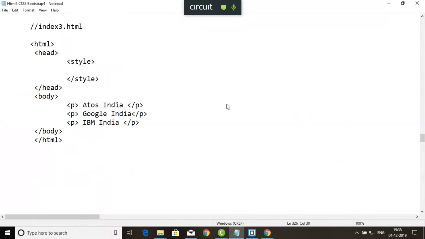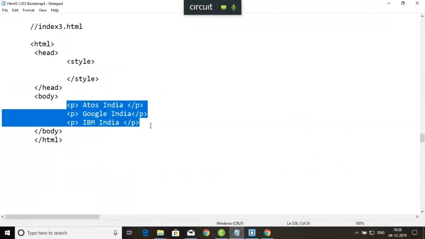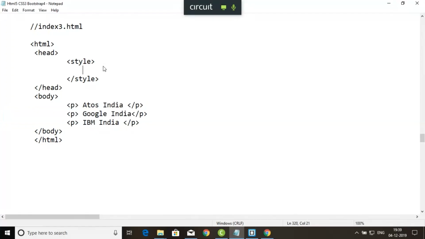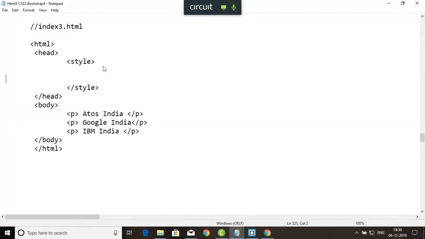Just write here some of the company names. Fine. Now what I want to do is implement the same style to all of them. That means I want to implement the same style to a group of elements. What are the styles? Assume a style that I want to implement,